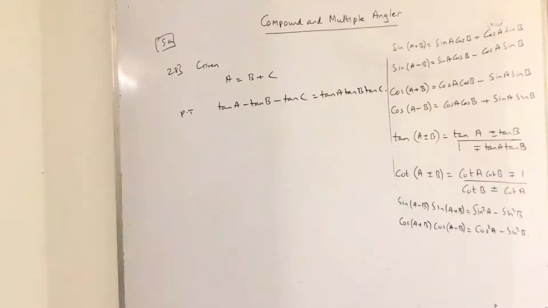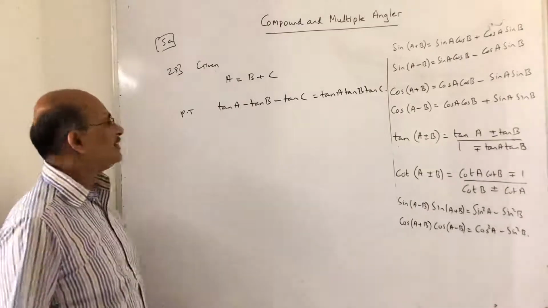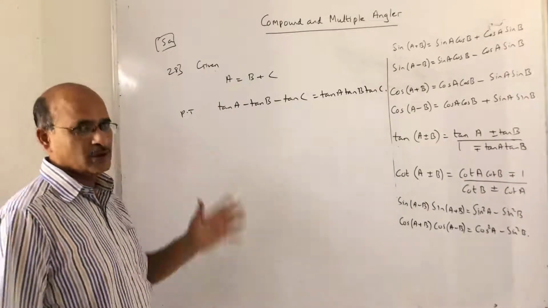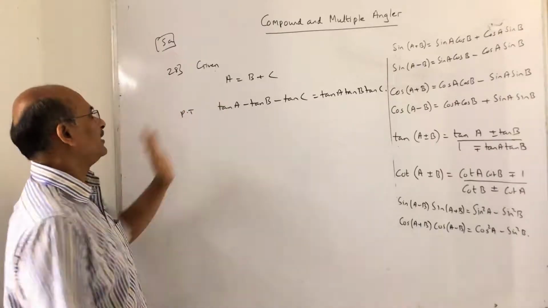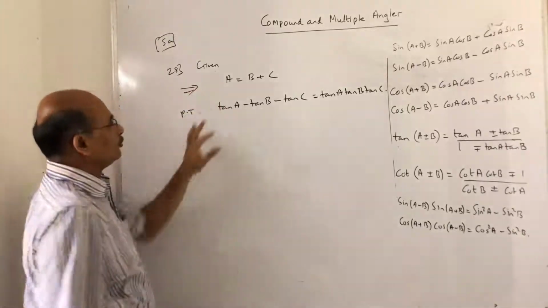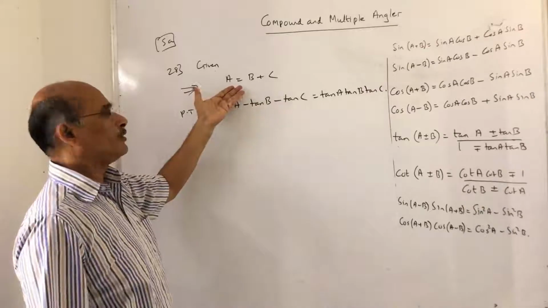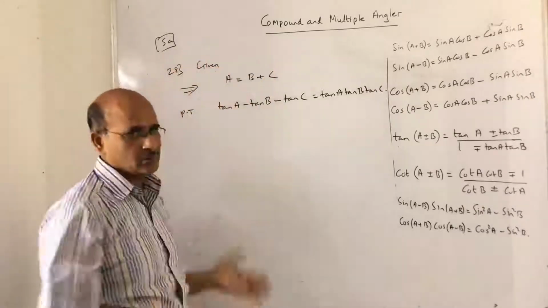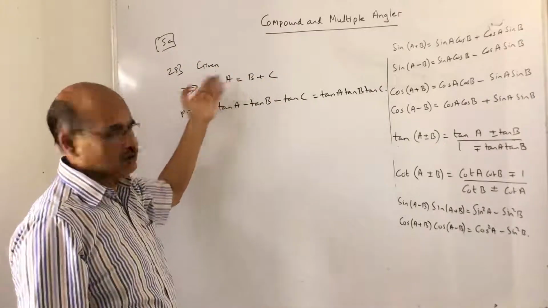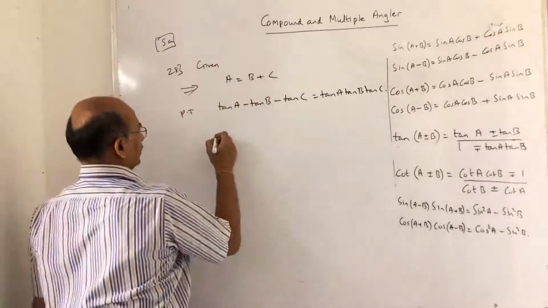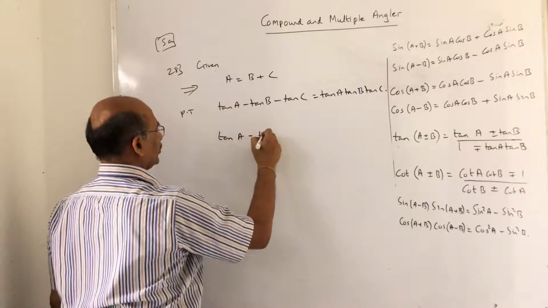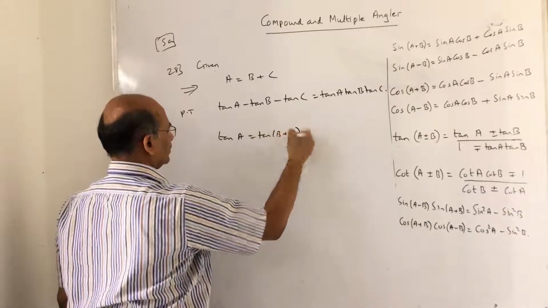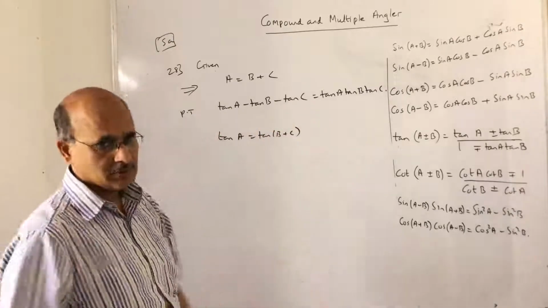The next is, okay, here we go, 20th, very similar to the previous 24th sum. Okay, A is equal to B plus C. Again, they are giving you only this information. Now using this, you have to get this. Of course, you can't say tan directly and get it. No, you have to get tan physically here. So take tan on both the sides. So tan A is equal to tan of B plus C. Apply the formula. Game over.